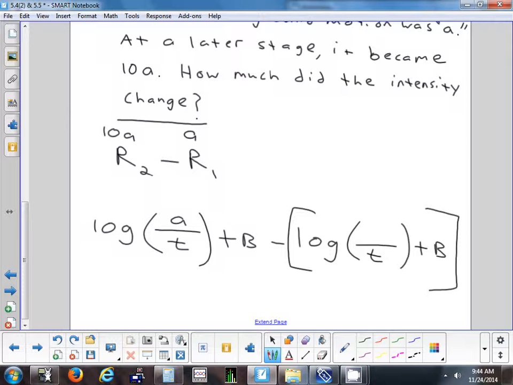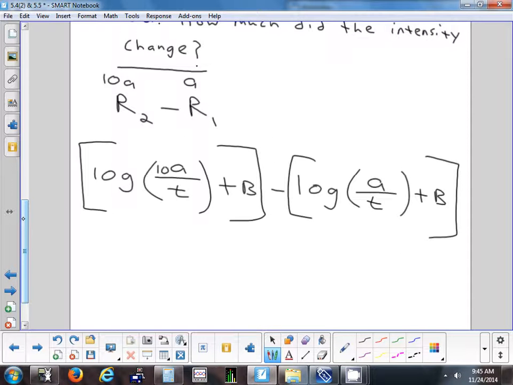What's that numerator going to be? Whoops, I'm sorry, this one was 10a, because that's what I said earlier, 10a. And the other numerator? Yep, just a. So you're doing that: what's on the left minus what's on the right. What do I have to do with this minus sign? Yep. Distribute it. It has to be distributed to the log and then to the b. So we're going to get log 10a